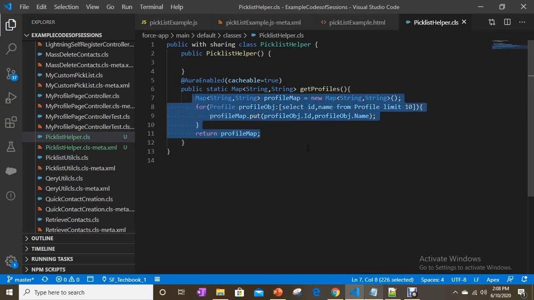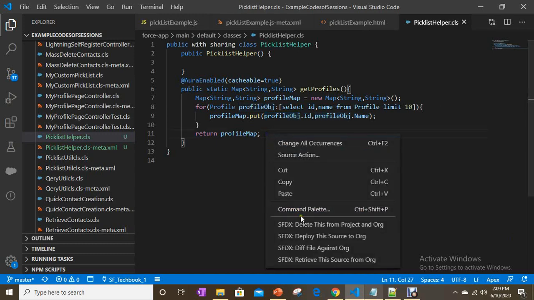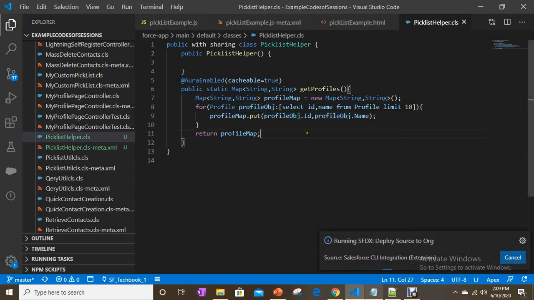When we are preparing options, we are going to do it in a different way: label is the name, value is the ID. How we are preparing that, we are going to see. Don't worry about it. In this case, we are just returning a map of profile ID and profile name, simply.